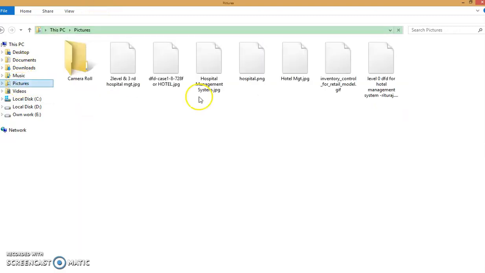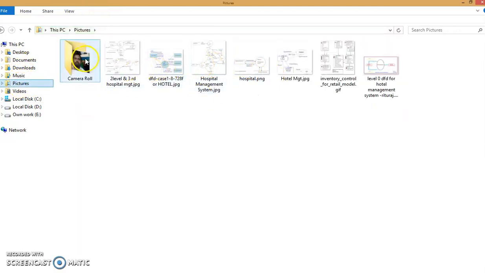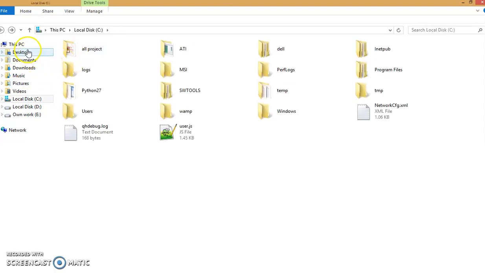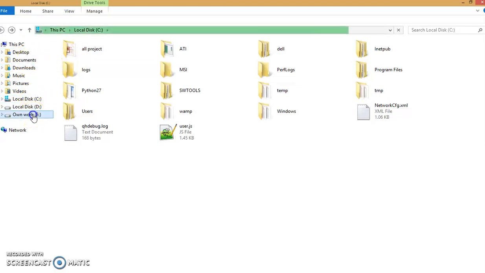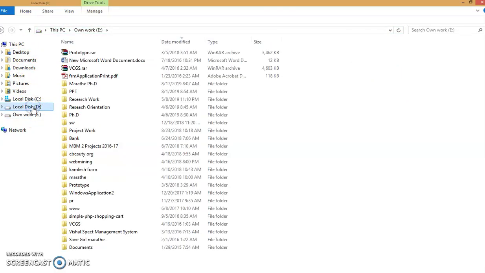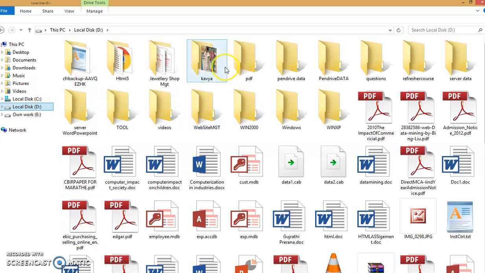Just like sample pictures. Okay, means one image we copied here.